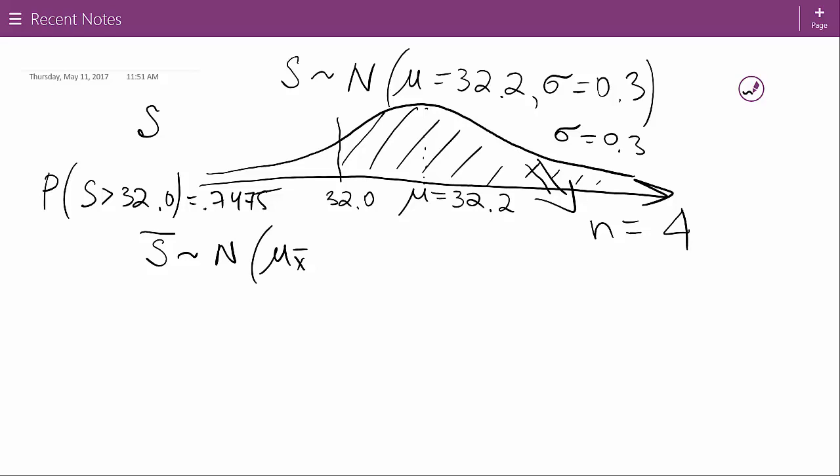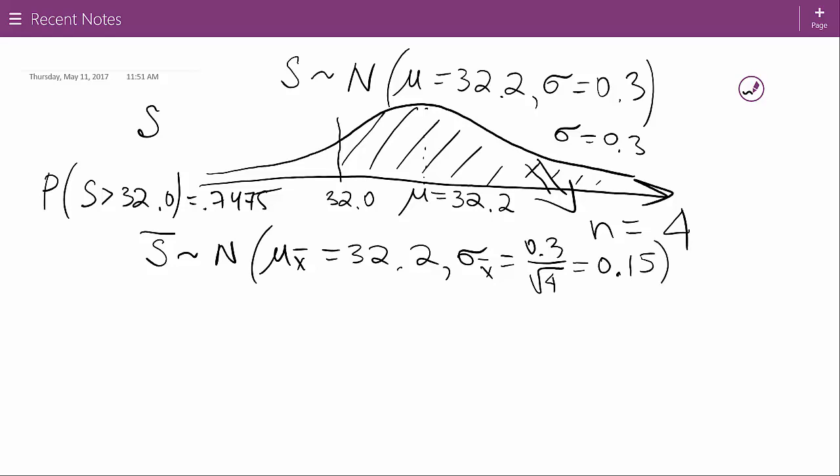Rule number 2 says the means are always the same, right? Means are always the same, 32.2. Okay, and how about the standard deviation, sigma, for X bars? Sigma is actually getting smaller, right, by the square root of n. So therefore I have 0.3 divided by the square root of 4, because n is 4. Square root of 4 is 2. So therefore I'm getting the standard deviation for the sampling distribution